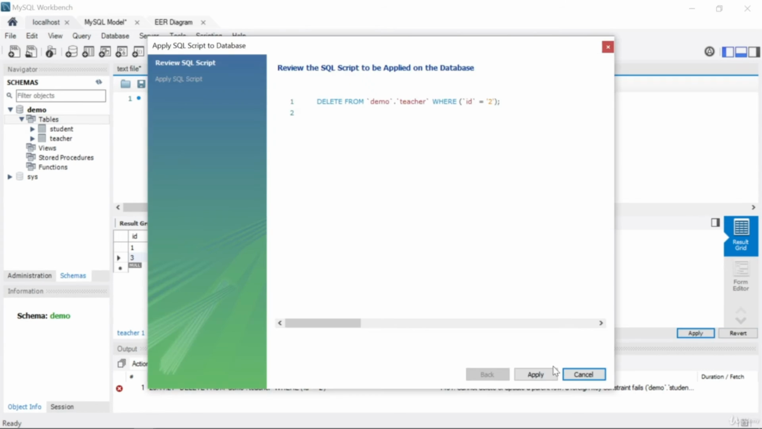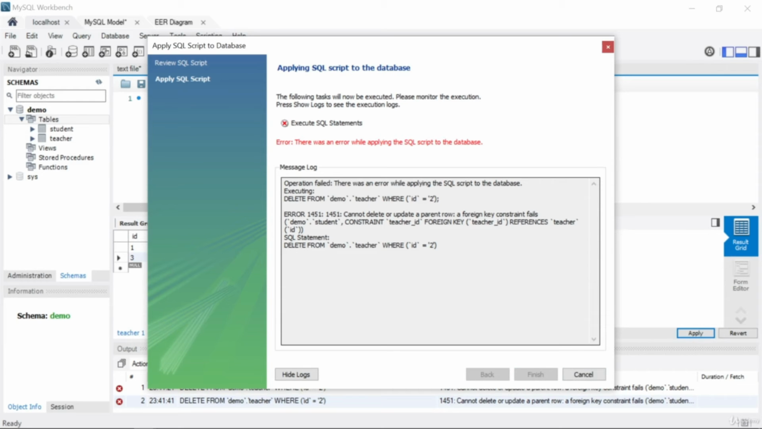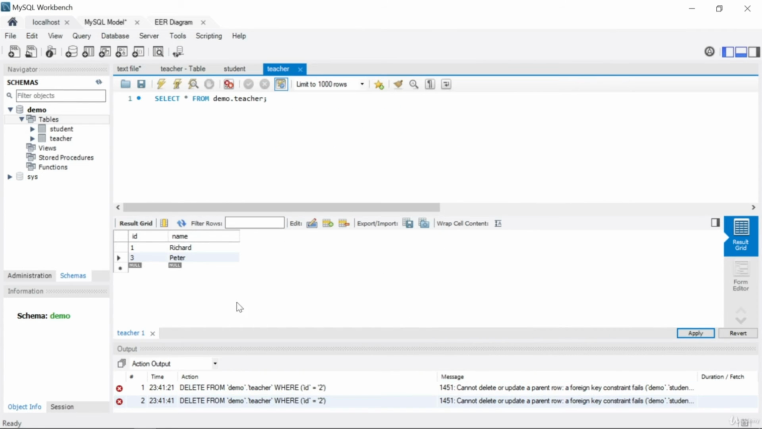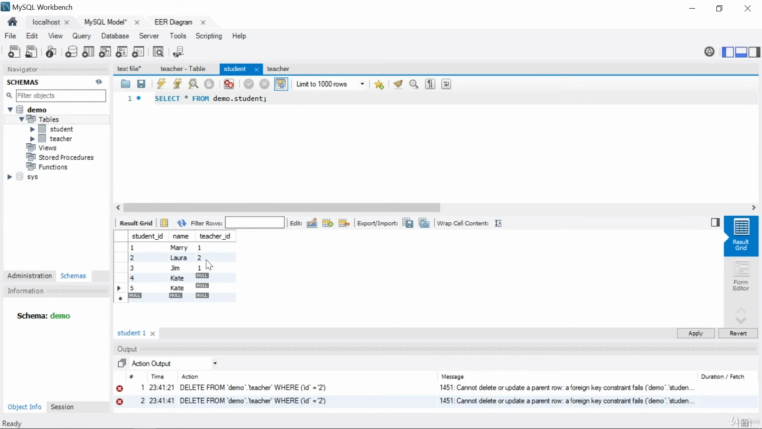If you say apply here, let's read this: cannot delete or update a parent row, foreign key constraint fails. Actually, let me explain this error to you. That means you cannot delete the record from your parent table because your record has a connection with this student. That is why I should write here the 2, and I should write here the